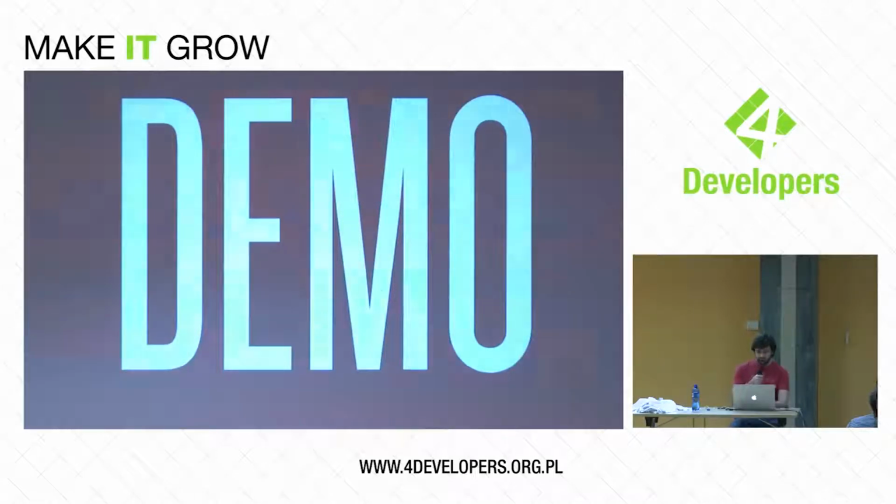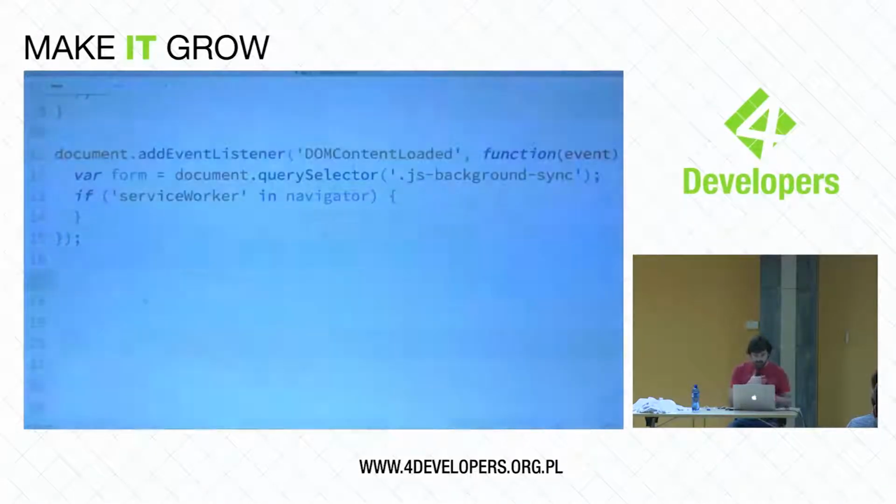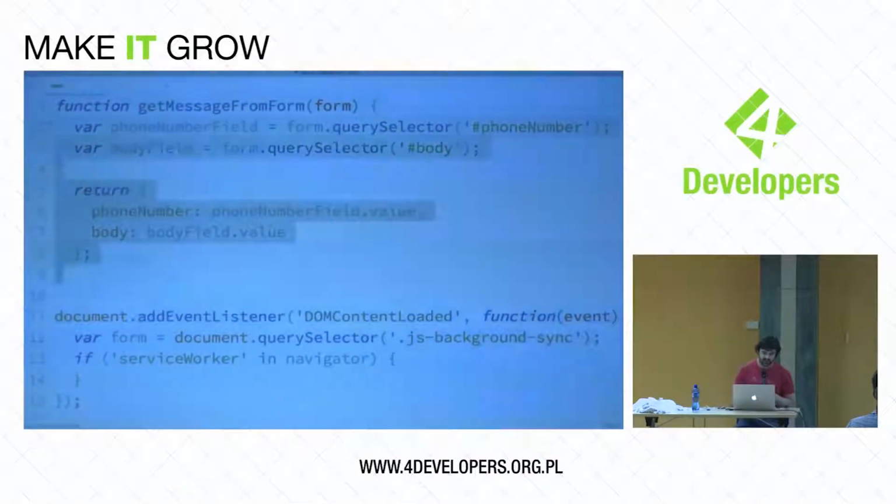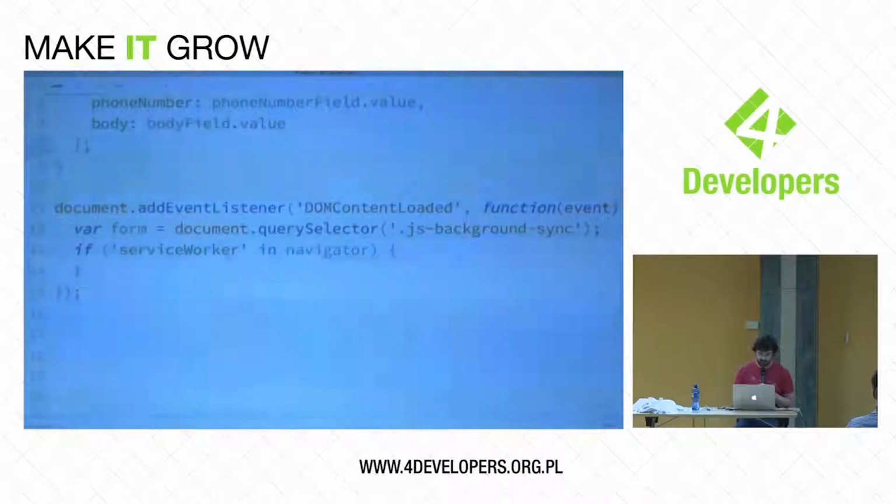This is the first time I'm going to put this down, I'm afraid. I'm going to jump into the code here. Can you read that? It's a bit of a weird color, I think, but I think it's readable. Is that cool at the back? All right, so I've got a couple of methods here. I have one method here which basically just pulls things out of fields in the DOM and makes a message. I'll put that down. Shout if you can't hear me.